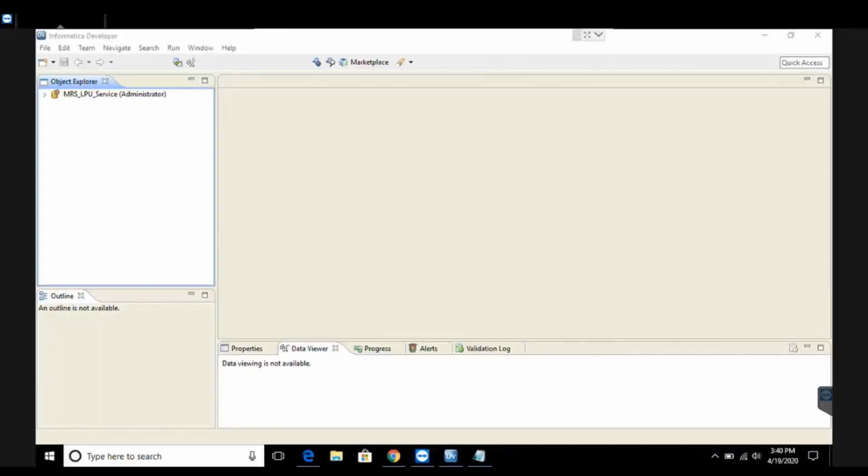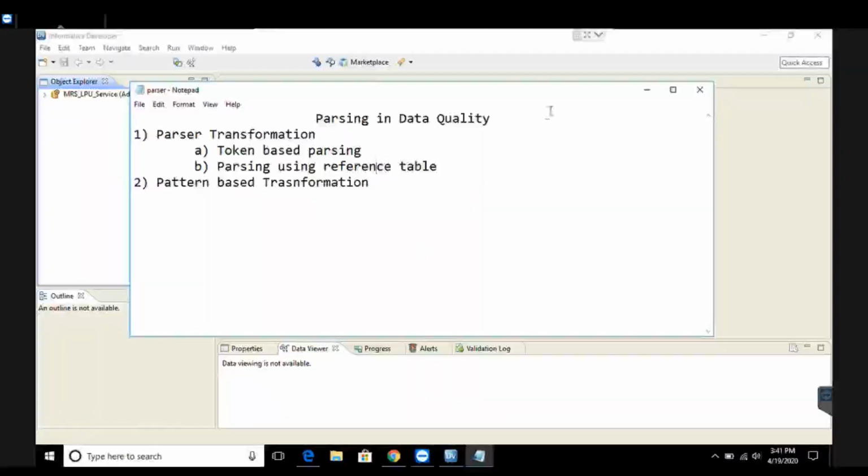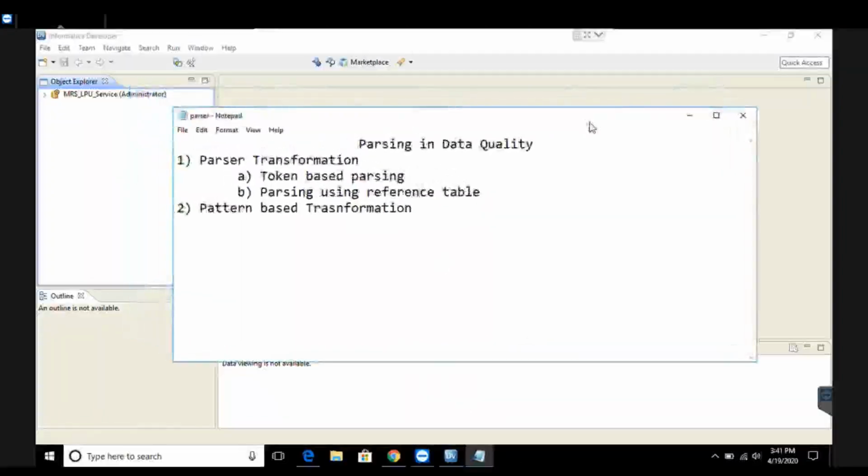Today in this video, we are going to learn about the parsing techniques in data quality, and we know that there are two types of parsing transformation in data quality. One is parser transformation and the other is pattern-based transformation. Now, in the previous video, we have already done the parser transformation using the method called token-based parsing. Today in this video, we are going to learn about the second method of parser transformation, that is parsing using